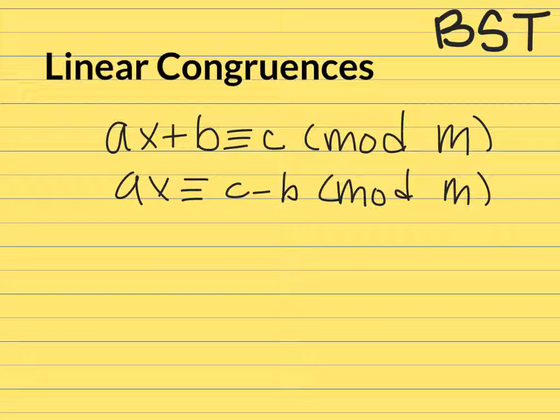So if you can't find any number to divide by, something that divides both c minus b and a, you have to remember that when we're working in a modulus, we can always add to this side. You can always add some multiple n of m. And this will make more sense in an example. But anyway, the point is you want to keep adding numbers until you get something that allows you to divide by an integer that will both simplify a and whatever you have on your right hand side here. And so